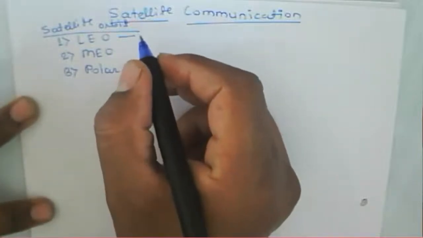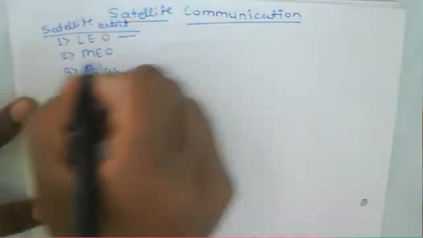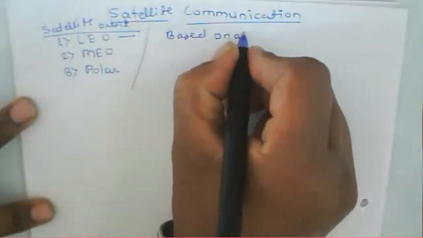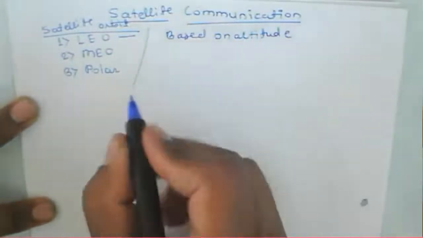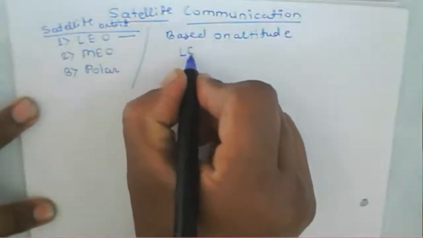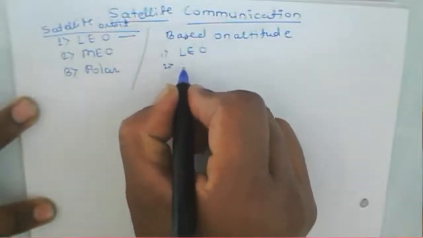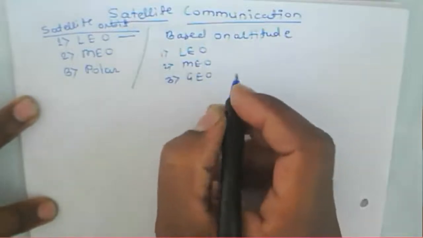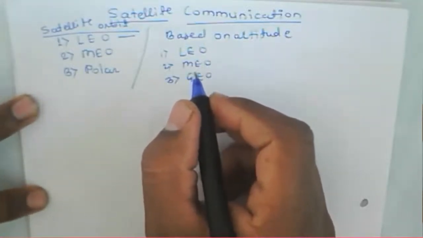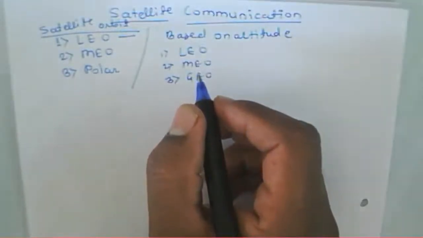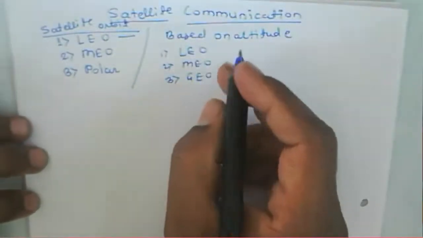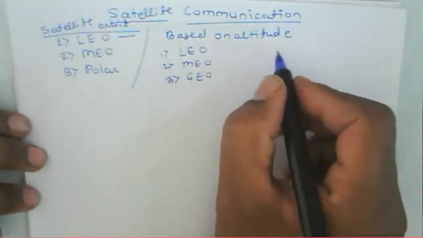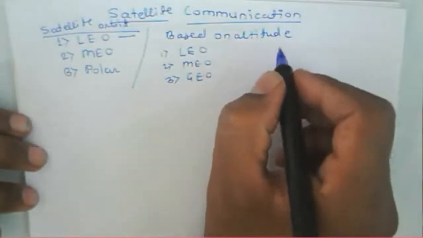Now, based on the altitude, there are types of orbit: we can say LEO, Earth orbit, then MEO, Earth orbit, then GEO, Earth orbit. Now, what does orbit mean? It is nothing but the period of a satellite, you can say the rotation time or one revolution time. That is nothing but one particular orbit,